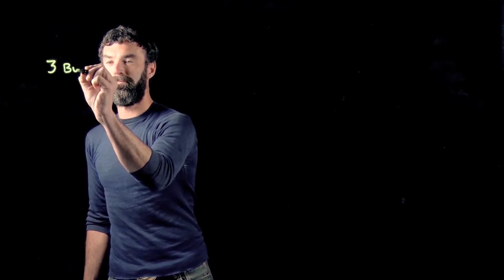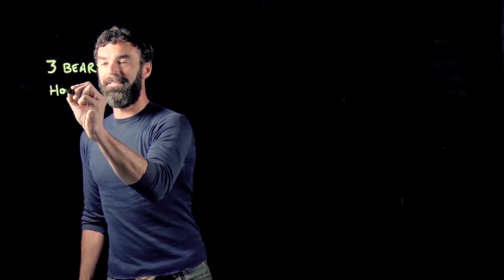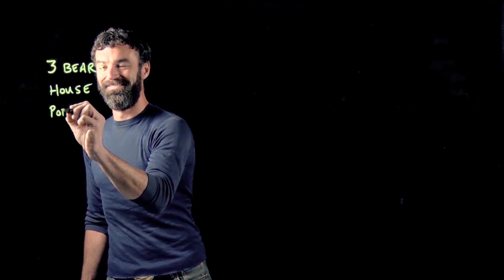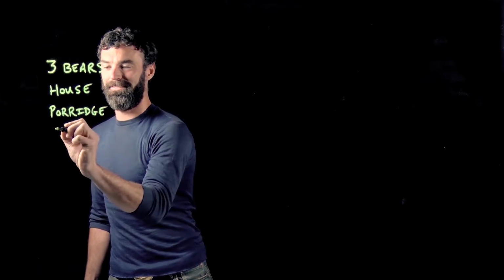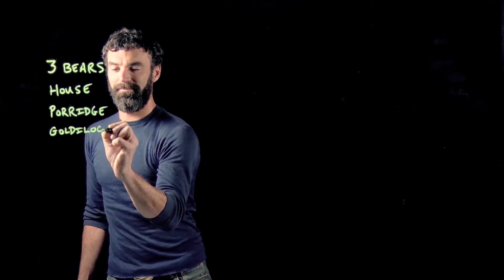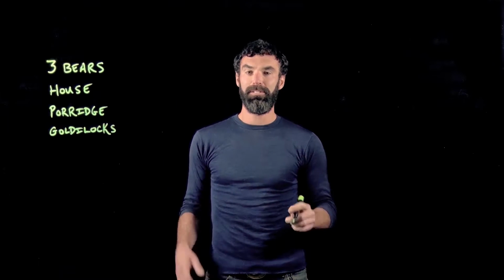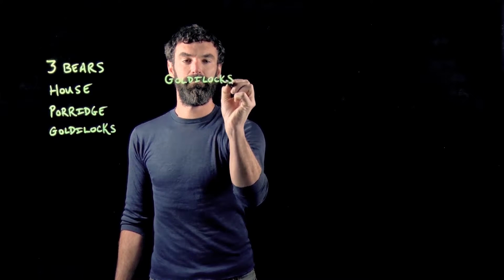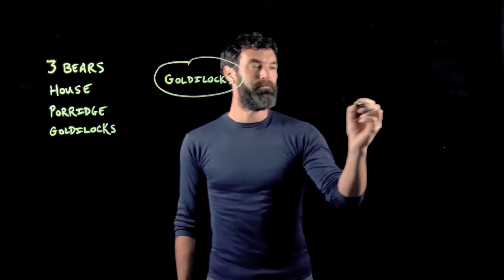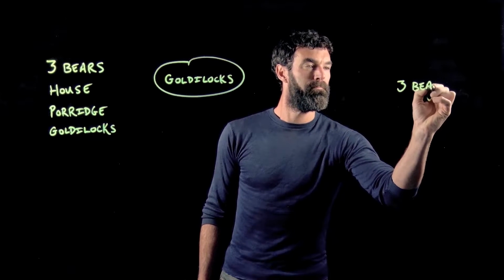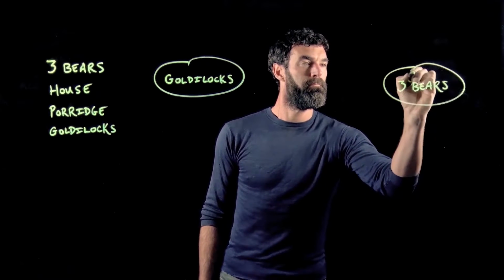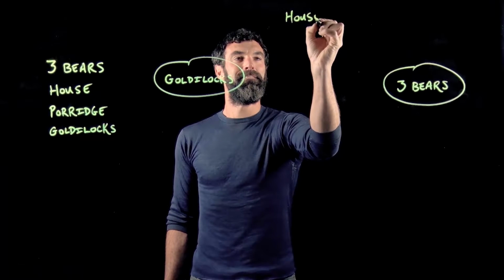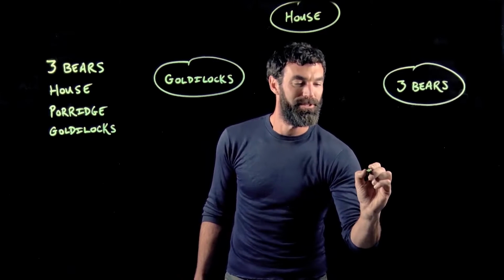So the way you want to start is by taking the various concepts in your subject and just writing them in a list off to the side. The three bears, their house, porridge, and Goldilocks. Then you can take those key concepts and you can spread them out on the page in front of you. The house, the porridge,